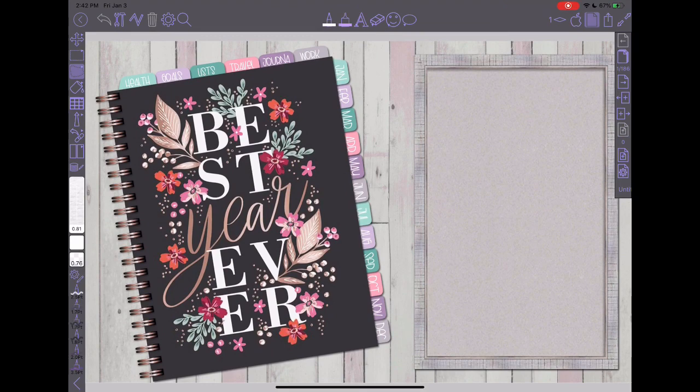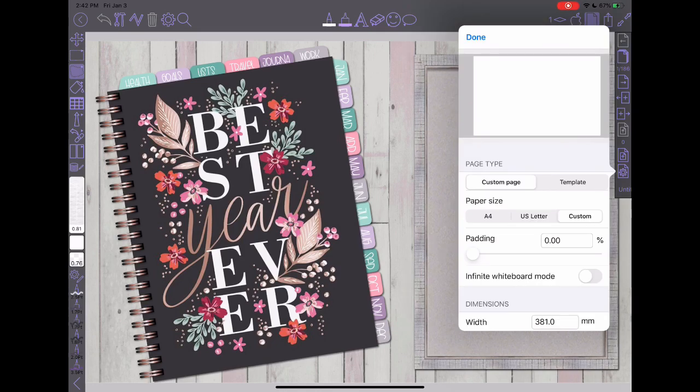Okay, so the first thing I do when I bring in a planner is I add page layers that I like to use to all of my pages. You'll see over here on the very right hand side, I have my page navigation bar over here. And if you click on